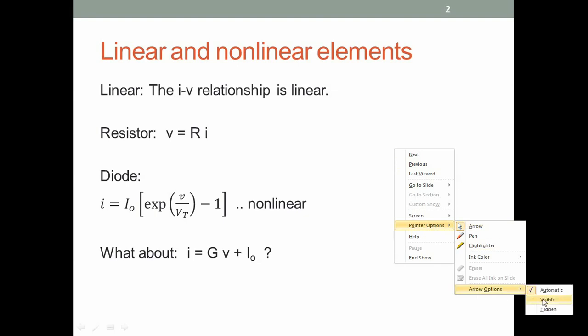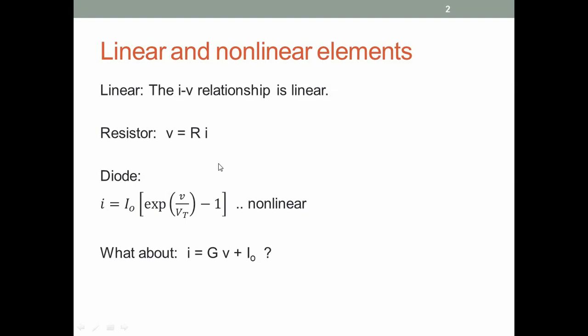On the other hand, a diode, I'm not sure you've seen this equation before, but the diode current can be written as some constant times exponential of the diode voltage divided by another constant called the thermal voltage, minus 1. So the current varies exponentially with voltage, so obviously this is a nonlinear IV relationship, and therefore the diode is